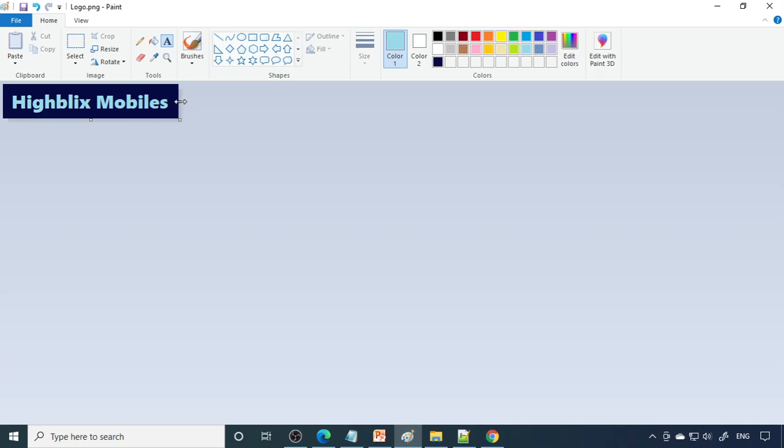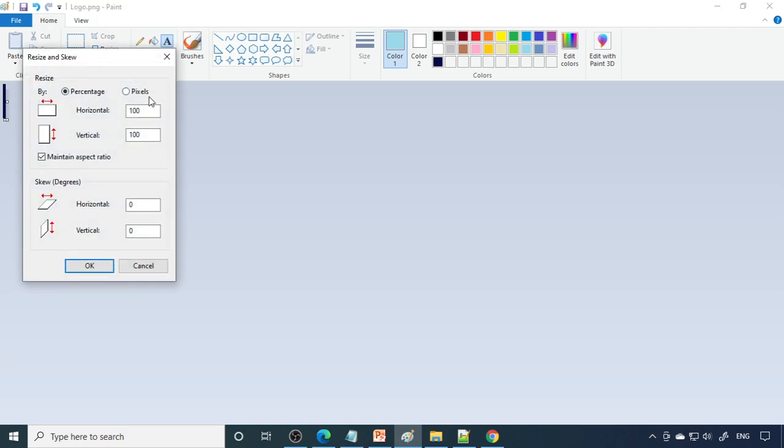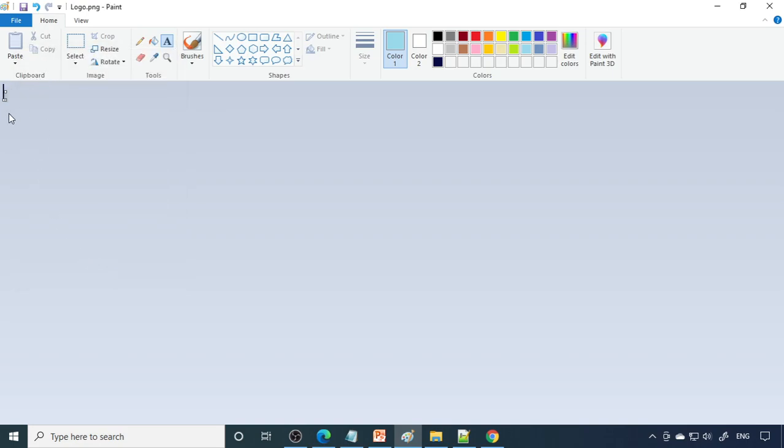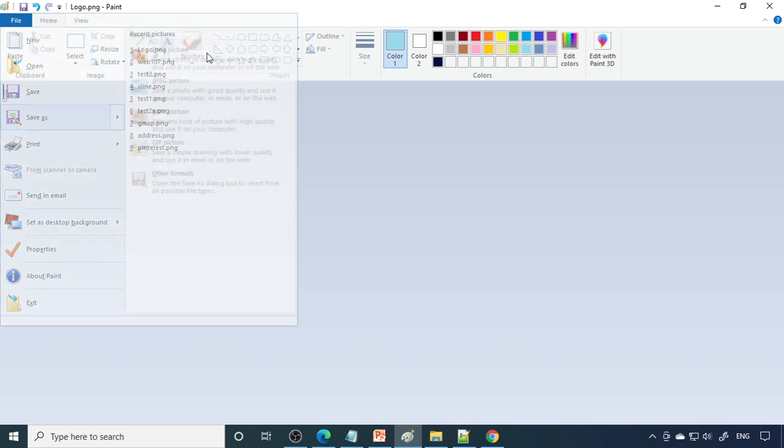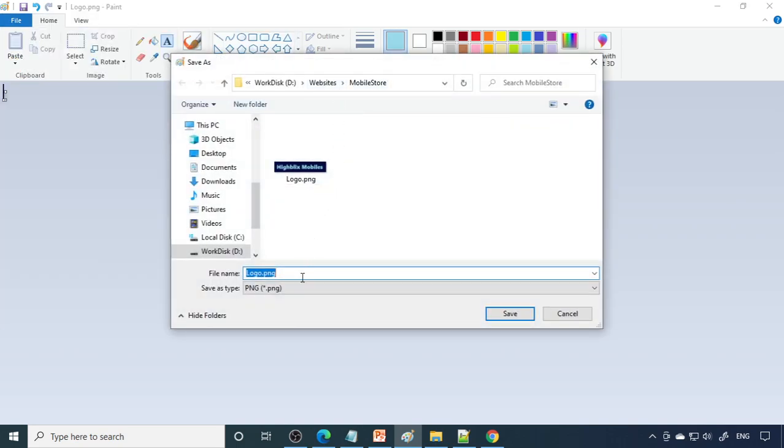Fine. Now what we can do is we want to put one line here, in the center, one line for all the three. In that case, we want one more picture, a small picture like a straight line. I go to resize, then I go to pixels. So this is 3 pixels, and then you can say 25 height. File, then save as PNG. So this is line1. That is the name of the line.